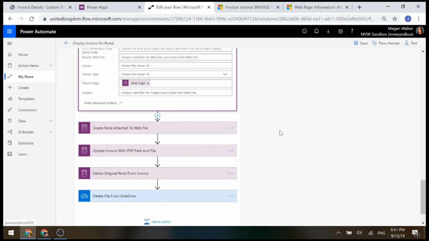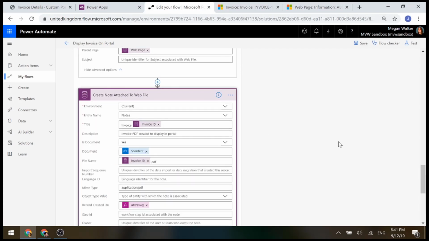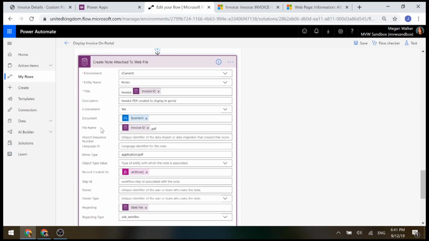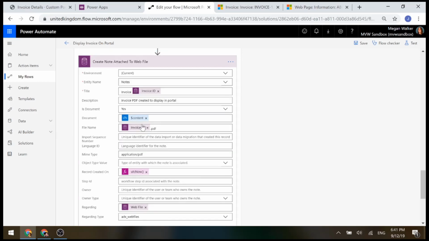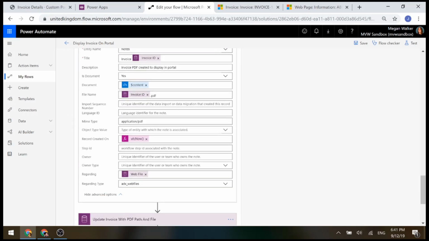Then what we're doing is we are creating a note to attach to that new web file, and that note is going to contain the PDF that we have then basically converted from the Word document template. So the title, we're just going to call it invoice and whatever the invoice ID is. We've given it a description onto that note. So invoice PDF created to display in portal. Is it a document? Yes. The document, we're using the content from the convert file step. We are then giving it a file name,